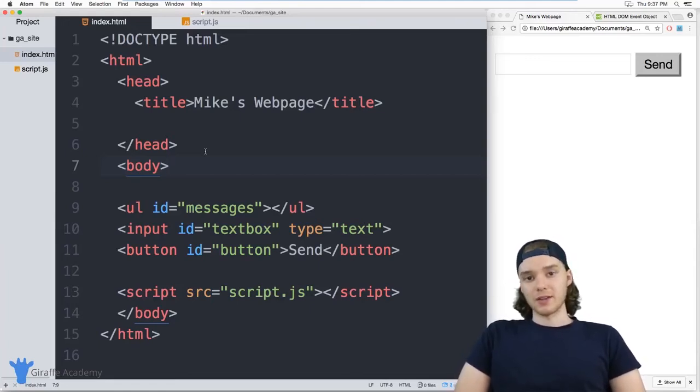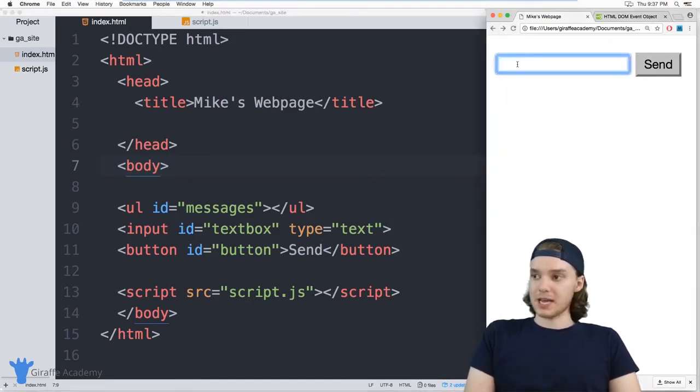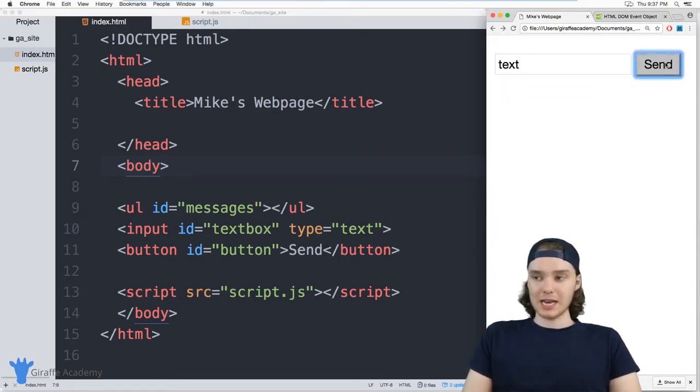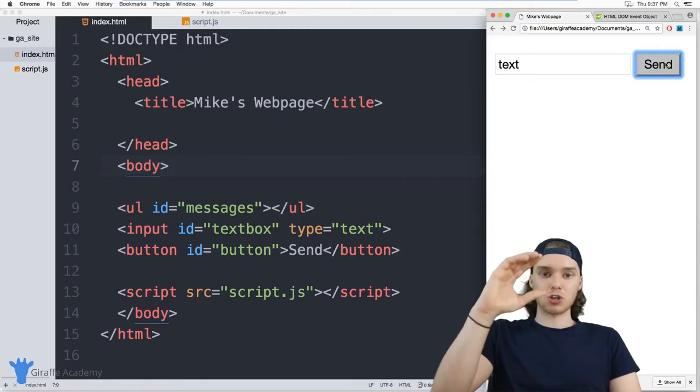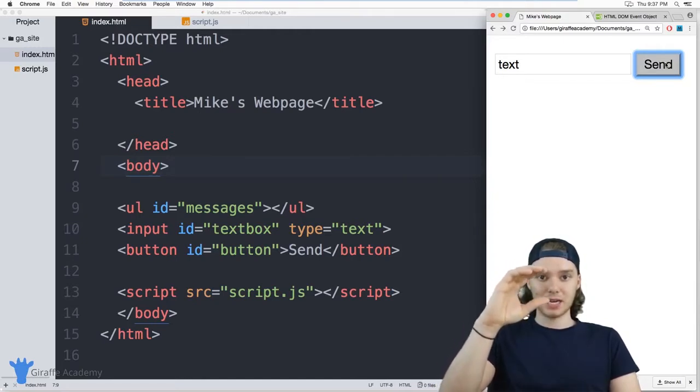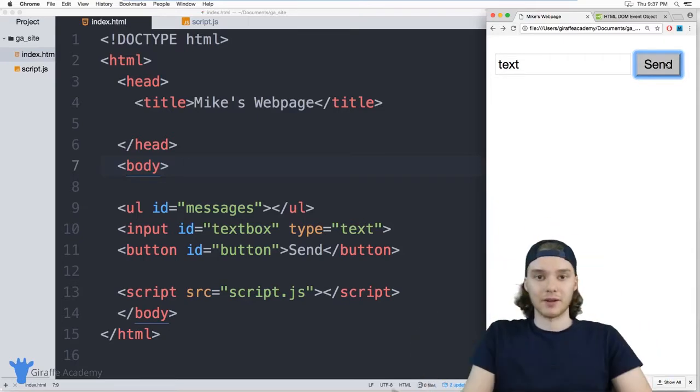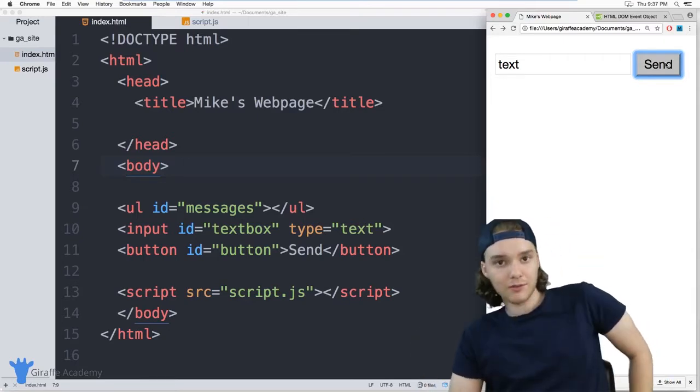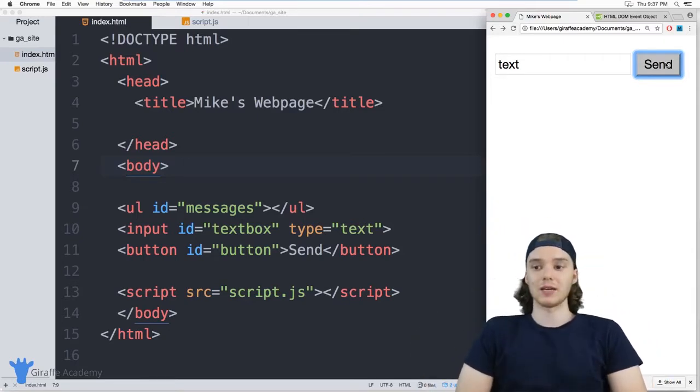My name's Mike. In this tutorial, I want to show you guys how to build a little basic messaging app in JavaScript. Now, this isn't going to be a full-fledged messaging app, but basically we're going to be able to type some text inside of this text box over here. We'll be able to click the send button, and then that text will show up on the screen. And so I can keep posting text messages, and they'll just keep appearing on the screen. It's going to be kind of cool, and it'll give you an idea of how you can do something